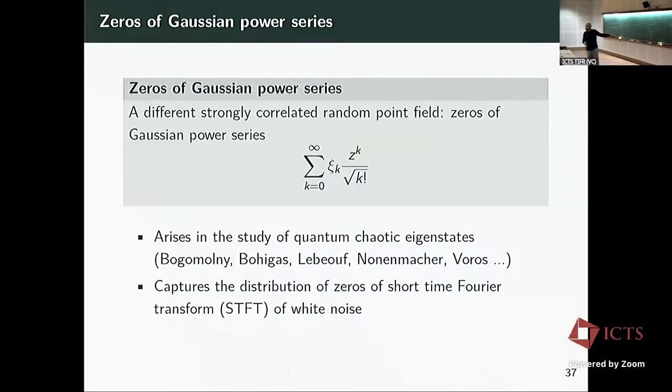And the zeros of that STFT on the complex plane of white noise are essentially the zeros of this. They are the same. The distribution of the zeros of the short time Fourier transform of white noise, which is a point process, a random point set on the complex plane, is identically distributed as the zeros of this random object. And this is not to say that this equals the short time Fourier transform of white noise, it doesn't. But the zeros have the same distribution. And if there was time, or a lecture dedicated to this topic, in like 10 minutes I can compute and convince you that this should be the case. It's a very nice complex analysis computation.